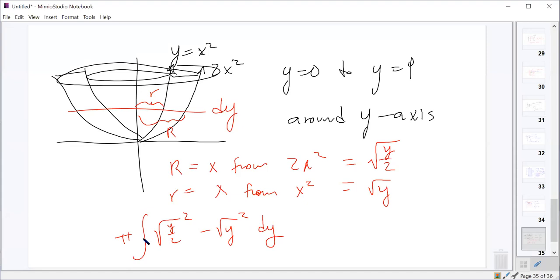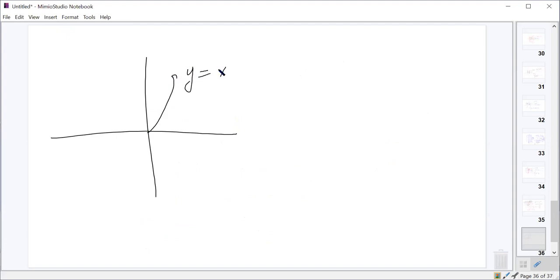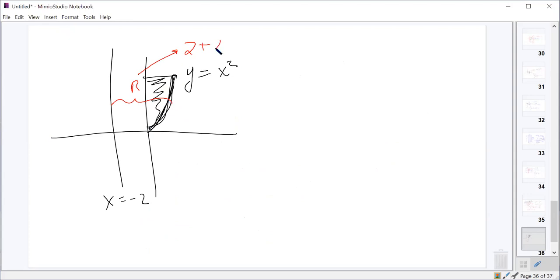Let's see here. We might also need to take something and revolve it around a different vertical line. So we might have something like, we'll just keep using y equals x squared just because it's easy. Y equals x squared, this region right here, but we're going to revolve it around x equals -2. So now we're going to have an outer radius. That outer radius should be 2 units plus whatever this x value is, whereas our inner radius should just be